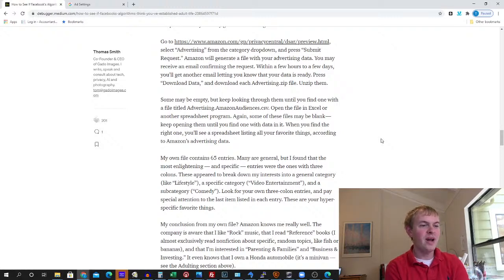They probably can generate it more quickly, but maybe they don't want to hand it over so easily. But if you do everything right, you'll get an email in a few days saying that your data is ready. Download it, unzip it. You'll find that we've got a bunch of zip files. A bunch of them may be blank, so keep looking until you find one that isn't. And then what you're looking for is this file,